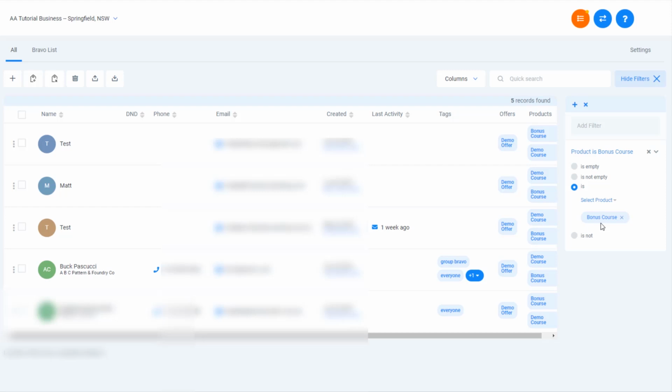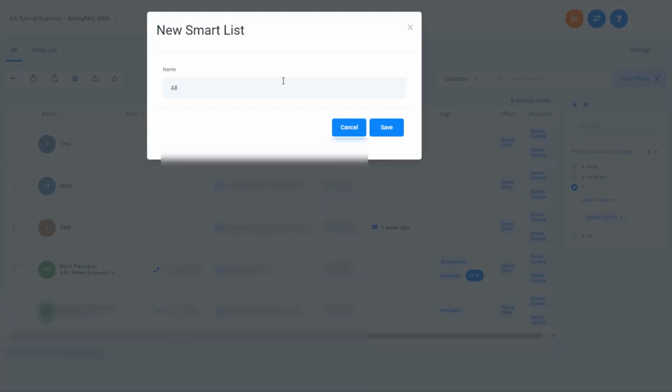Now, what can you do with this information? So when you can isolate everyone by this filter, there's a couple of things you can do. The first one is with that applied, say for example, bonus course, you can hit this little plus icon here and save this as bonus course students